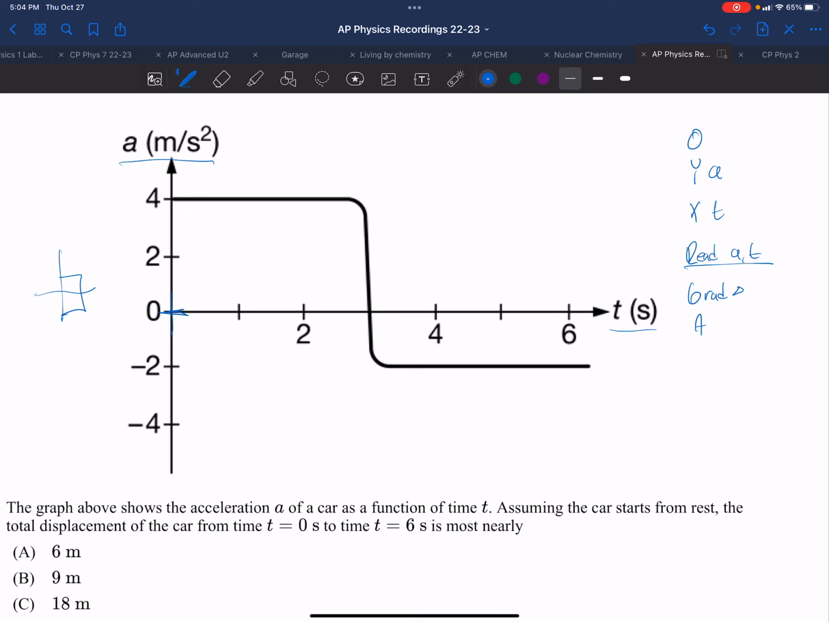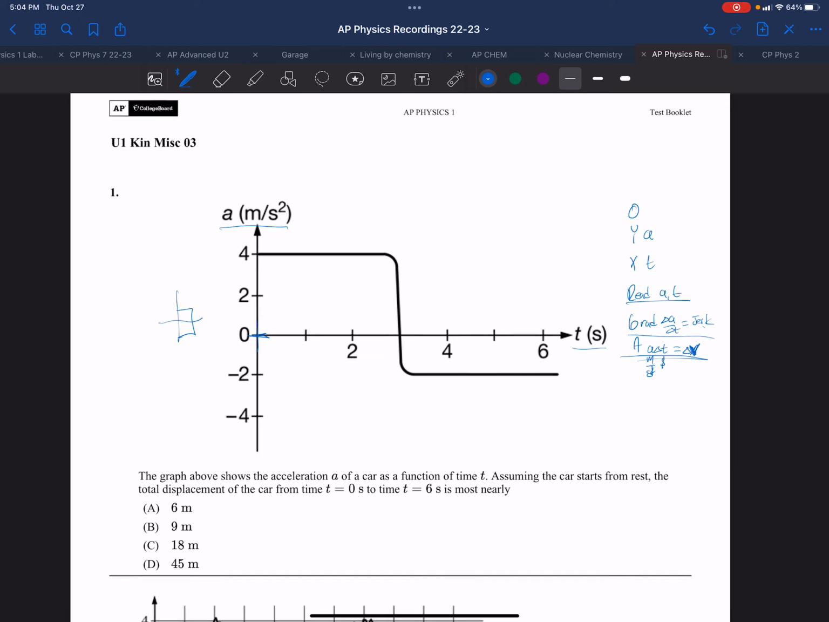The gradient is delta A over delta T, which is the rate of change in acceleration, also known as the jerk, something we don't see too often. And the area is A delta T, which has units of meters per second squared times seconds. So the area is meters per second, which is the change in velocity. So if we're asked about the velocity or change in velocity, that will come from the area. The jerk or rate of change in acceleration, the slope, or anything about acceleration and time will simply be read